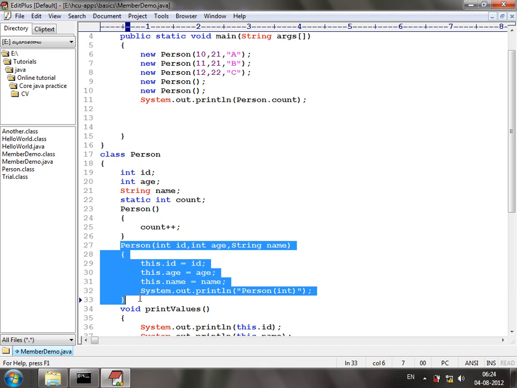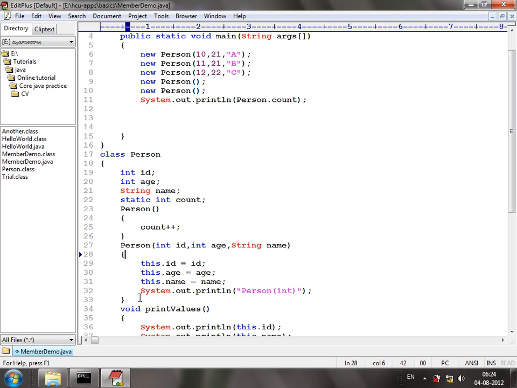Whatever constructor we use to create the object for the class, it will be an object of that class. So, I'll increment the count even in the